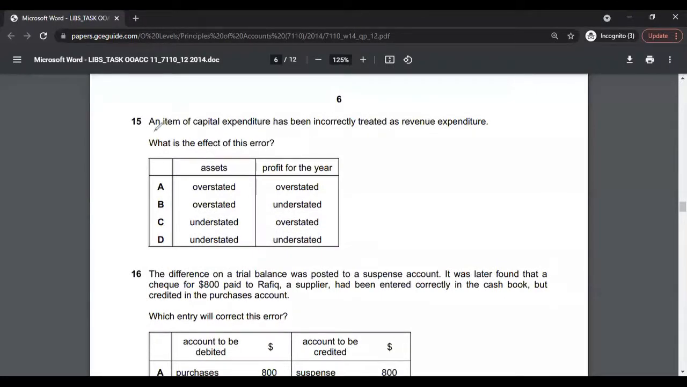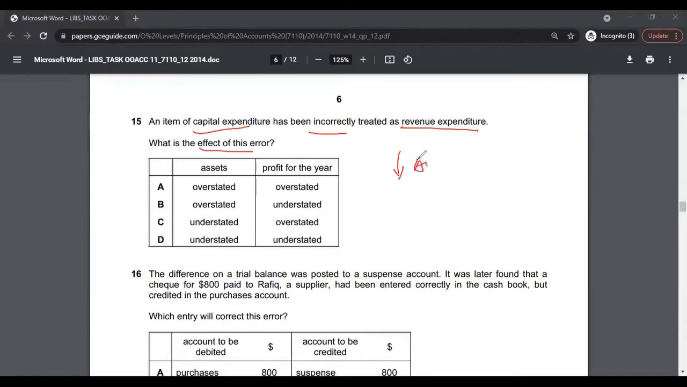Multiple choice 15. An item of capital expenditure has been incorrectly recorded as revenue expenditure. What is the effect of this error? So basically, understated assets. If you're looking at assets and profit, understated assets, and of course understated profits, because you